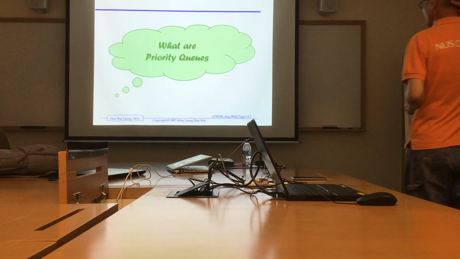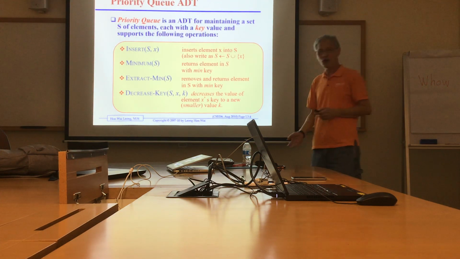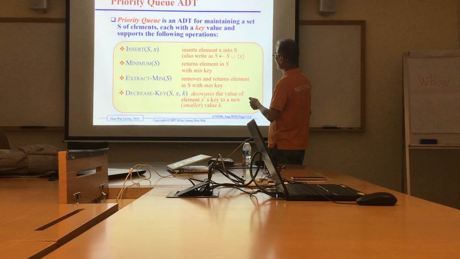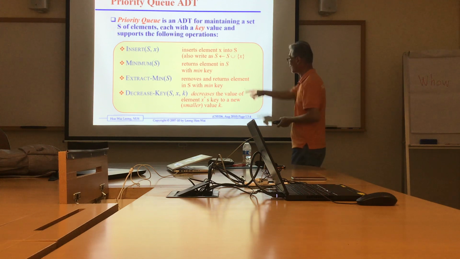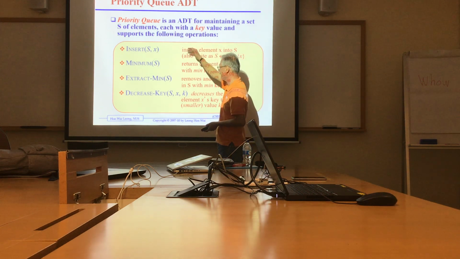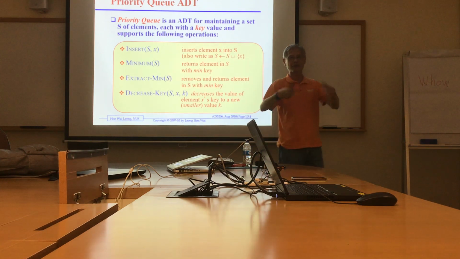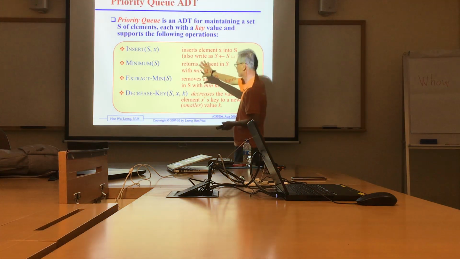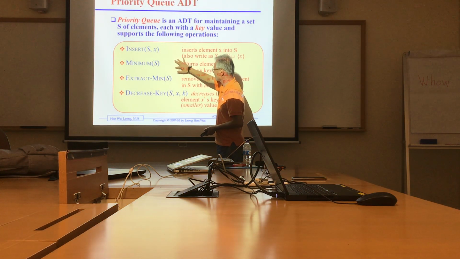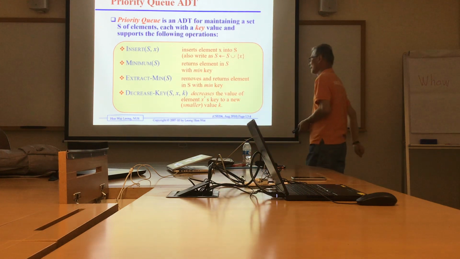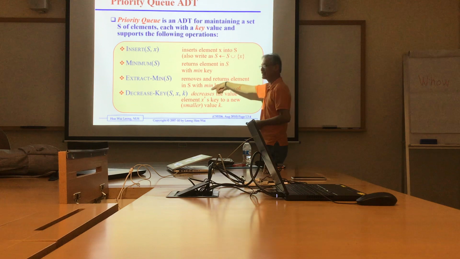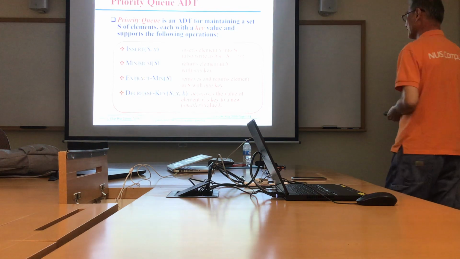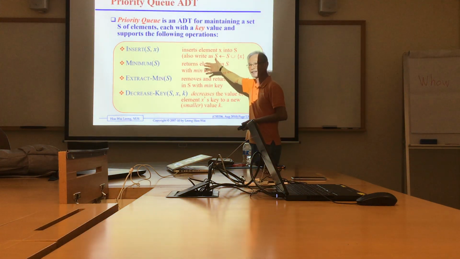Okay, so let's start. What is a priority queue? I'm going to go very fast here. All of you have already studied ADTs. With a priority queue, whenever we talk about priority, we are talking about minimum. You can always reverse it and do maximum, but we're going to assume that we are doing minimum. So finding the minimum and then removing that minimum is important. If you have these three things, you have the essence of heap sort, for example. And actually, one of the first data structures was a heap, and the heap was invented